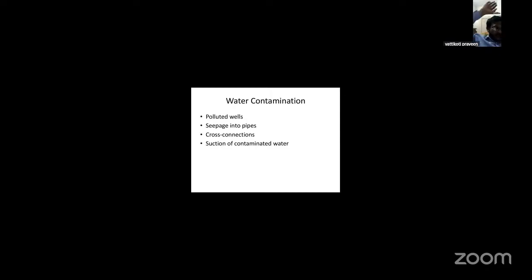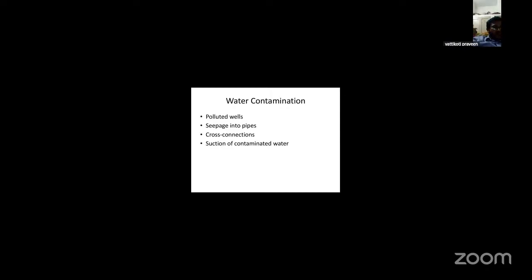What is water contamination? Prevention of water contamination is essential to protect public health and reduce waterborne diseases effectively. Effective prevention involves source protection, proper treatment and disinfection, and safe waste disposal. Protect the water by safeguarding wells, springs, and reservoirs from pollution. Keep water resources away from latrines, septic tanks, and drains.